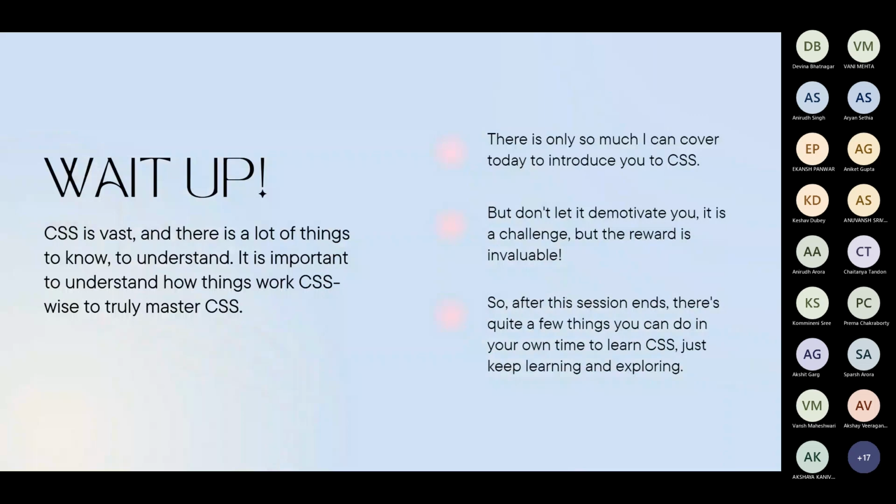CSS is not very simple. It's a vast topic, and there are a lot of things that you can know, you can remember, you can understand. So it's very important to understand how things work CSS wise. Only then you'll be able to truly master CSS. And there's only so much I can cover in this session to introduce all of you to CSS. But don't let this